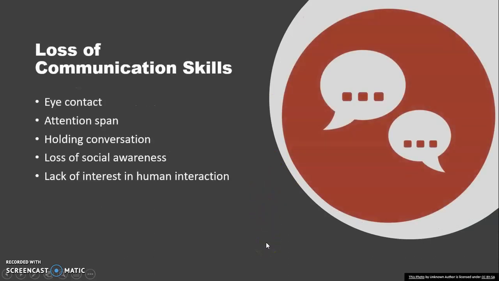It can also contribute to a loss of communication skills. It might have students having a hard time with eye contact. They might have a low attention span. It creates an inability to really hold conversation. Sometimes they lack social awareness because they are so involved on their device, and they may lack interest in human interaction. As educators, as parents,